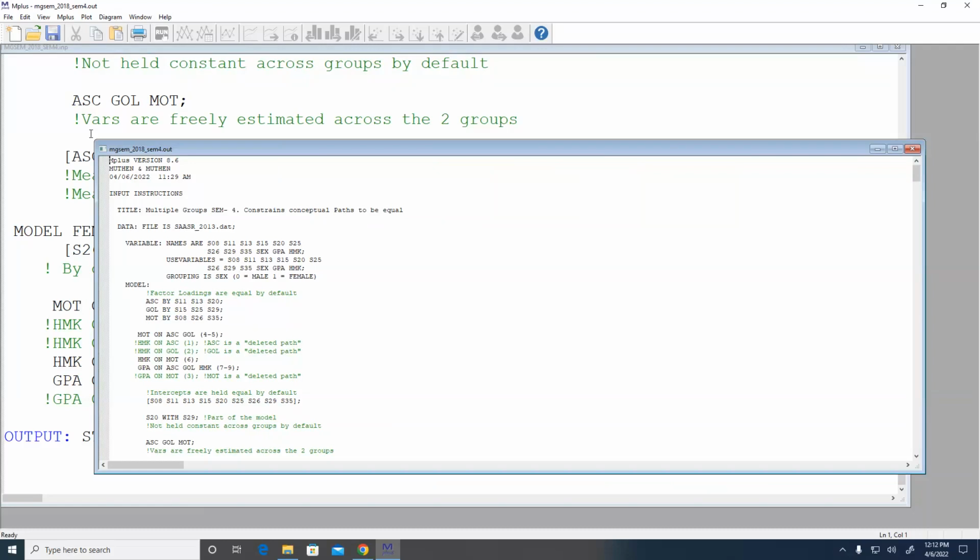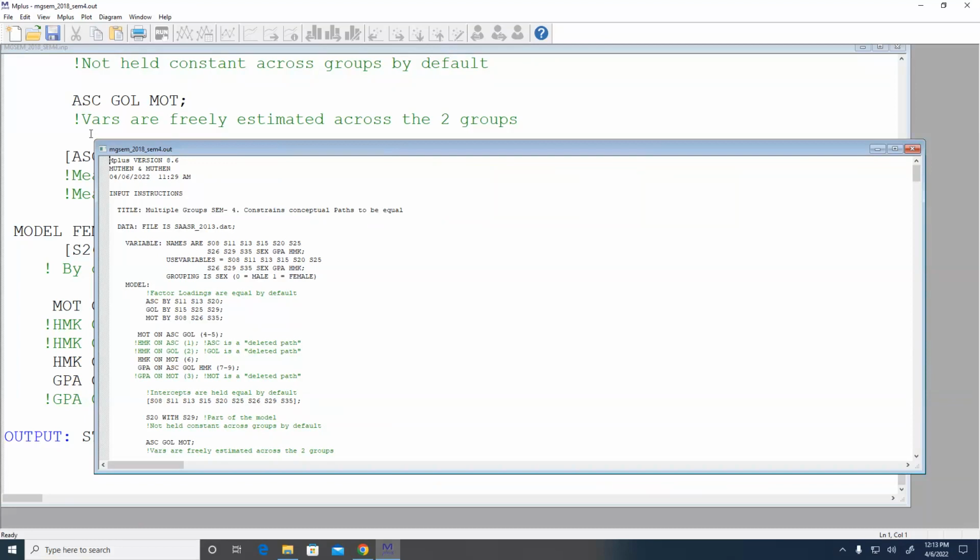We do this, bing, bang, boom, and we get a chi-square of 139.61 with 99 degrees of freedom. If you turn to page 45, the chi-square difference is 23.92 with 5 degrees of freedom, and that is statistically significant. So this is a place where we might want to look for partial invariance. Maybe I can constrain some of the means, but I can't constrain all of the means and intercepts, right? It could be that everything contributed equally, or it could be that there are potentially 1 or 2 means or intercepts that are problematic.